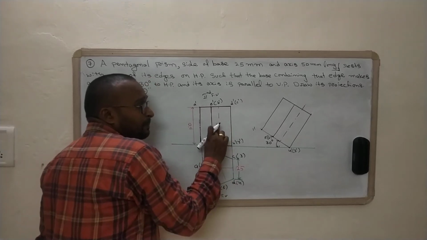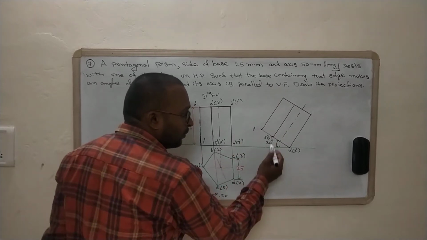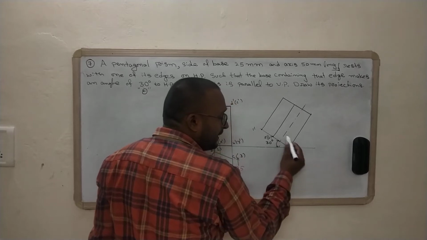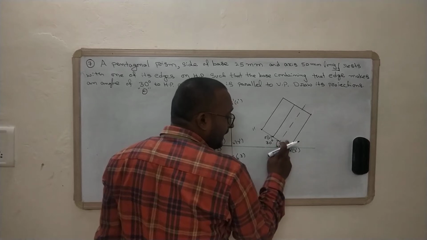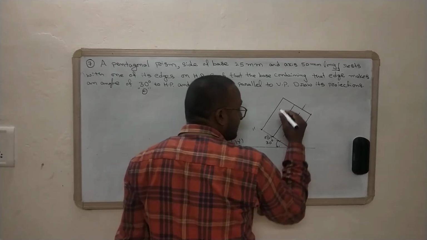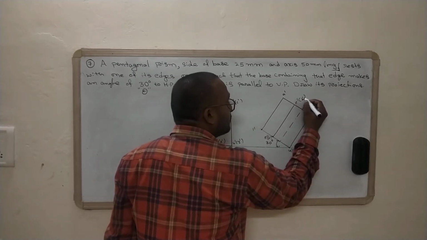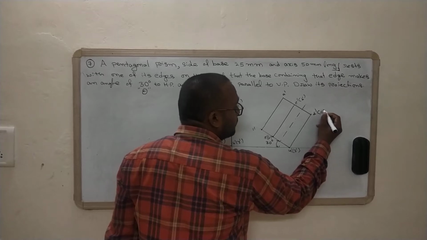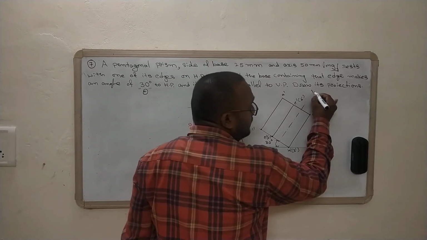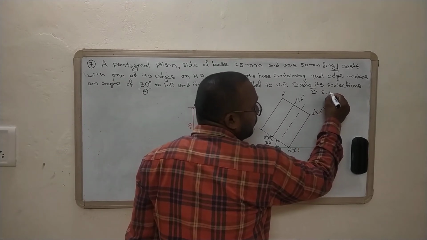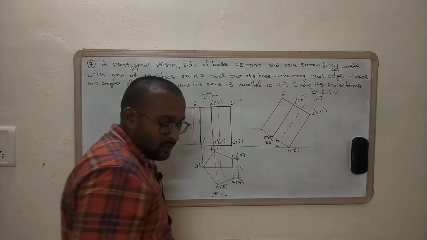The second step: the front view should be rotated at an angle of 30 degrees to the ground, so that automatically the axis will be 60 degrees to the ground, right? So 60, 30, 90 and then 90, so total 180 degrees. So here A dash, E dash of B dash and finally D dash of C dash. So this is the third step, finalized front view.